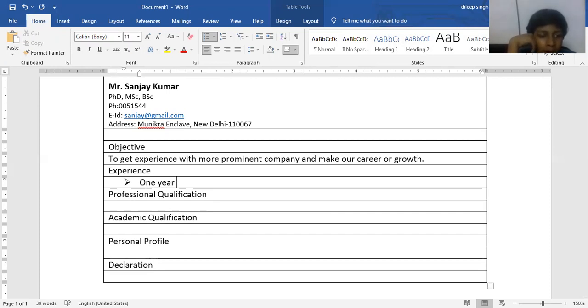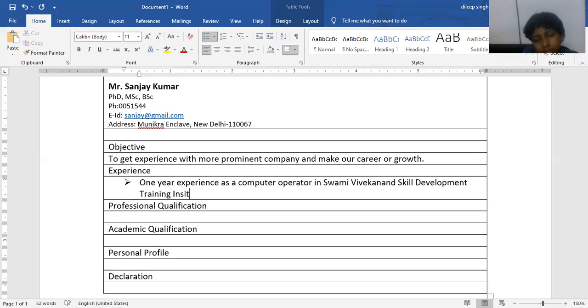Just type here 1 year experience as a computer operator in Swami Skill Development Training Institute. Okay. This is your first experience.